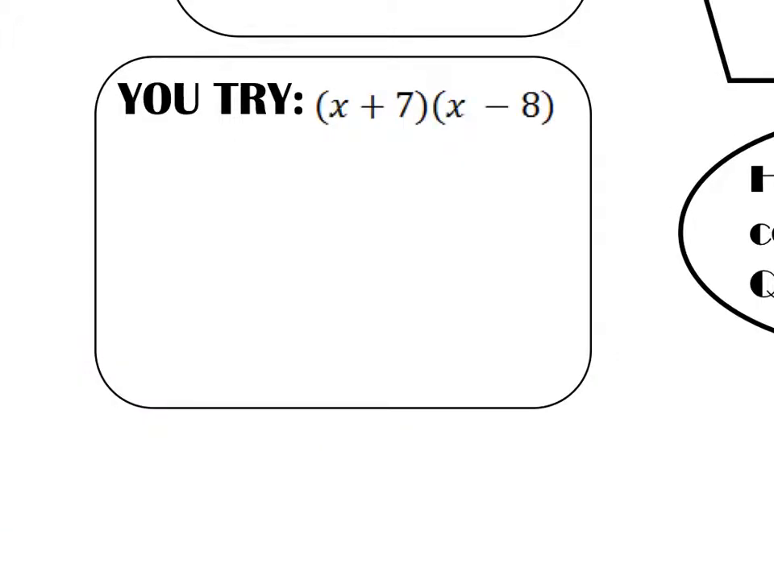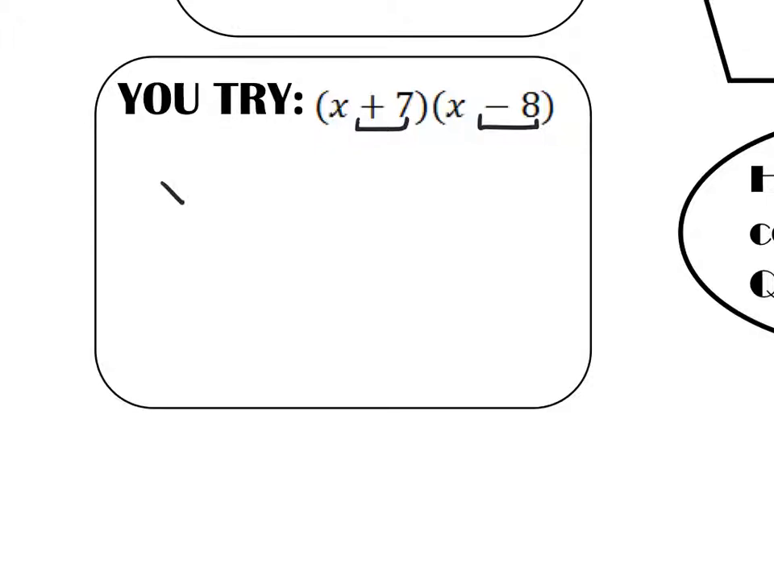Let's do another example. This one's a little bit different because it's got some negative signs in there. So be careful when you are using different signs that this negative sign is actually attached to that 8, and the plus is attached to that 7. So when we actually do it,